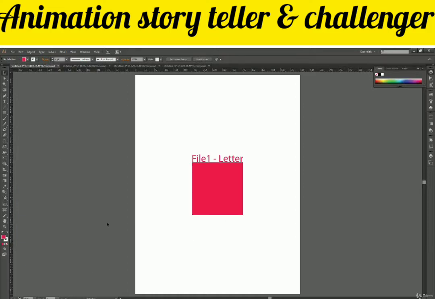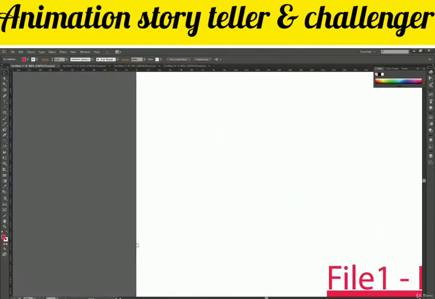I'm pressing Ctrl 0 to fit my artboard to the screen. So okay, now here, when I go to the top left corner of my file, let me just zoom in real quick.